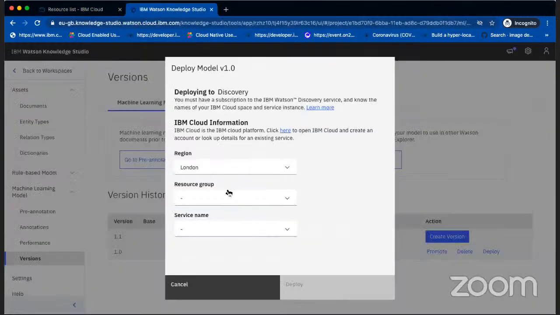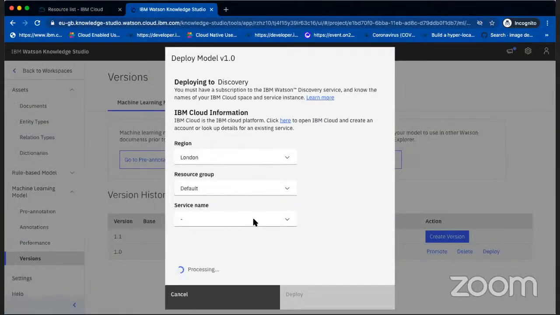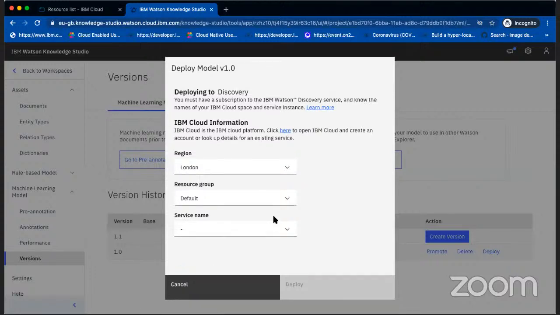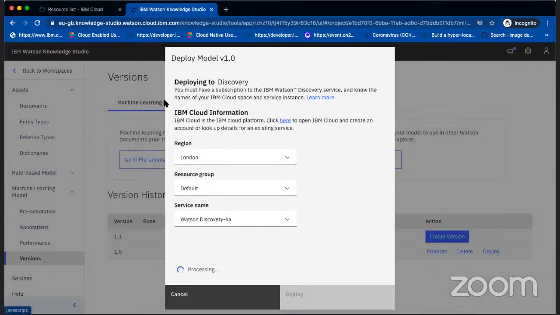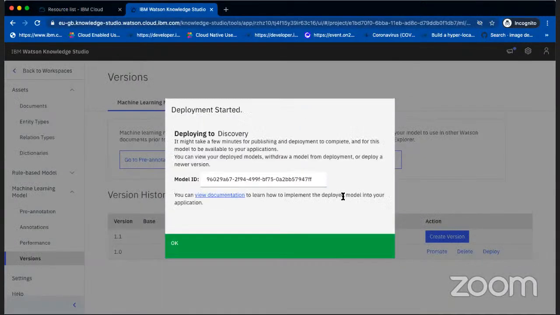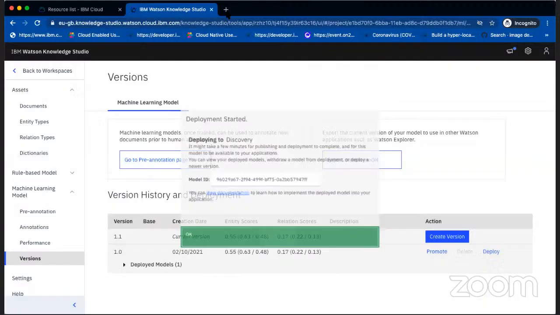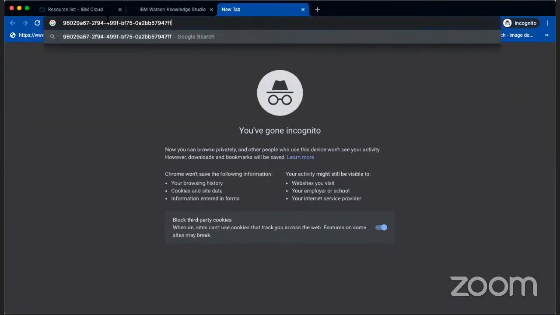Now let us go back here and click on the default. I think we can just deploy the model while it is still provisioning. So we can choose this Watson Discovery service, and we can just click on deploy. So you can see here that the deployment started and it's deploying to Watson Discovery, and you will get here a model ID. So just keep track of that because we will need it in our application. So I'll just put it up here, model ID,